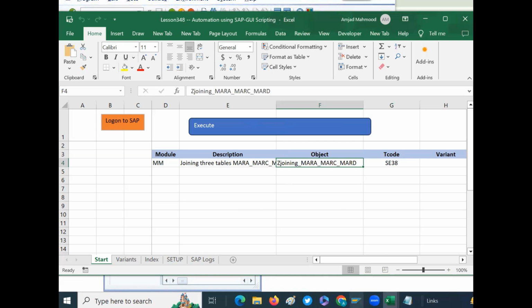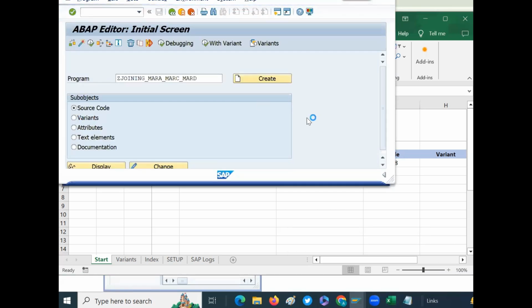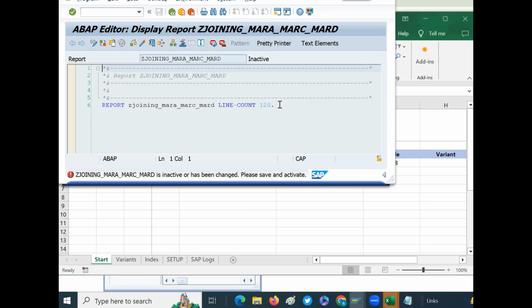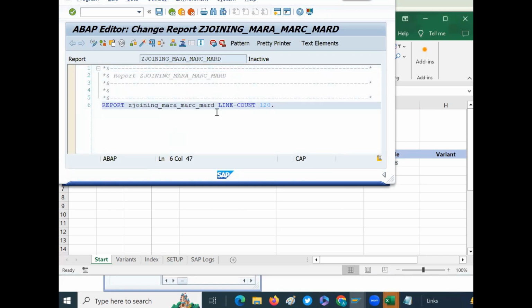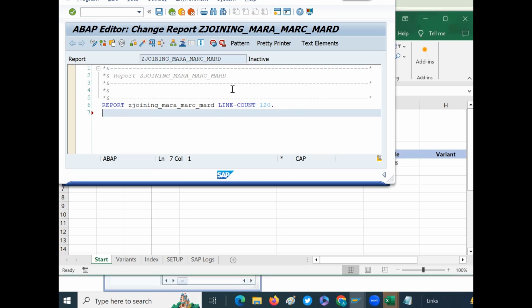so you are in SE38, and here is your program. The first thing we do is select change. Okay, here we have used the line count 120. It's the width of the record, right? Then each line will have a 120-character length width. Okay, so let's